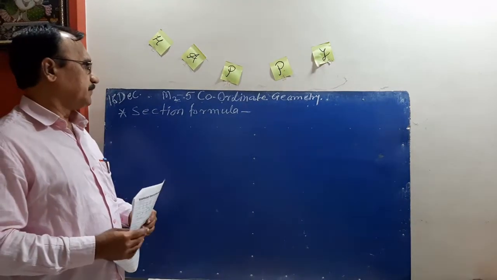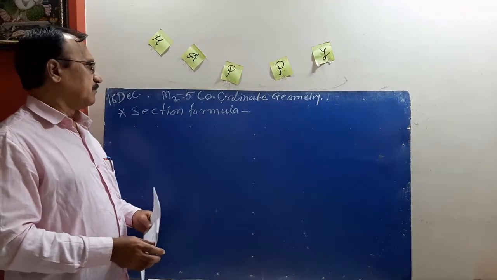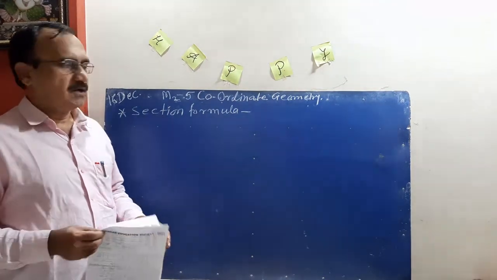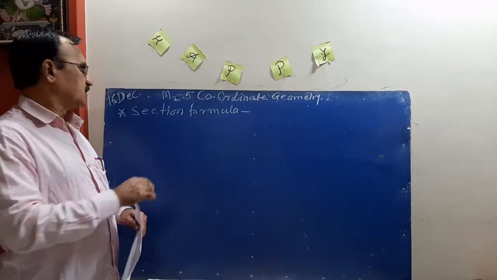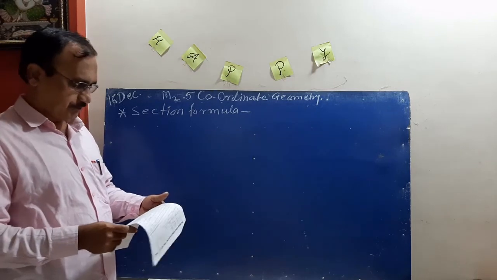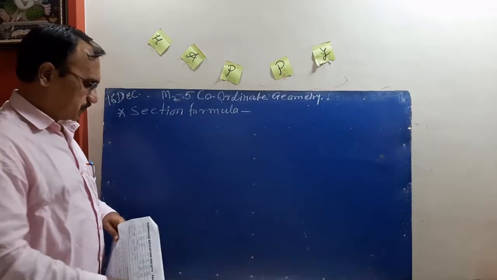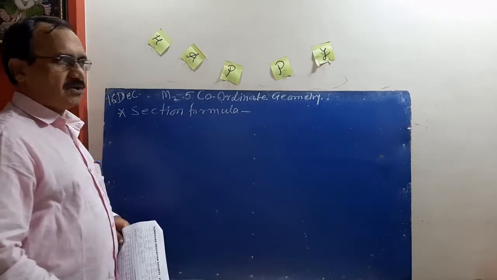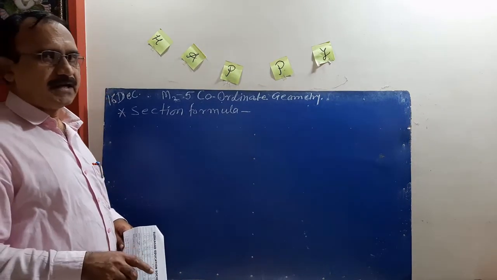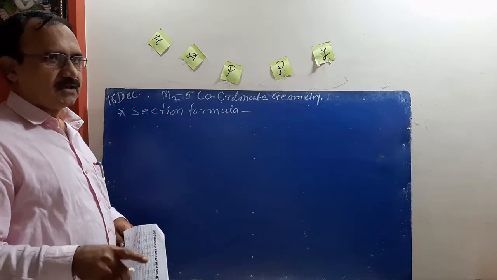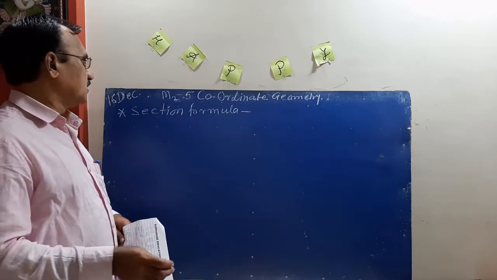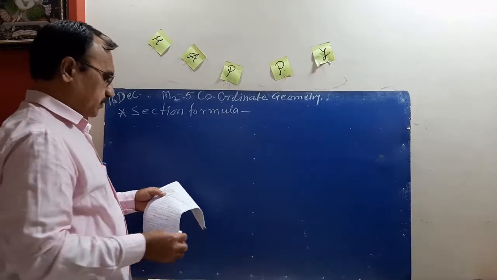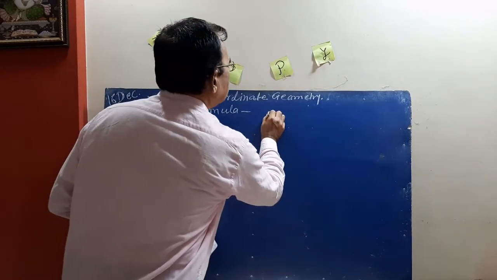In the previous period, we also saw the distance formula and practice set 5.1. Today, we will see Maths 2, chapter number 5, coordinate geometry, and the next topic, that is the section formula. The section formula is based on the property of three parallel lines. If you see your textbook, you will get clear how the section formula is found there. Here we are going to see only the short figure and the direct formula.